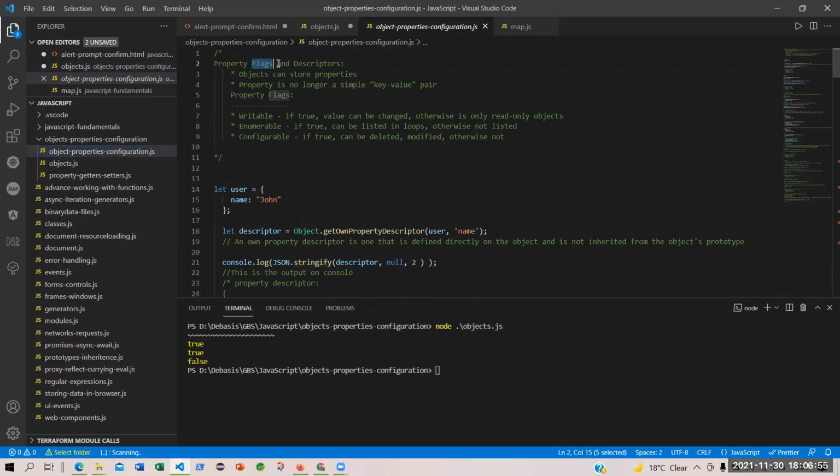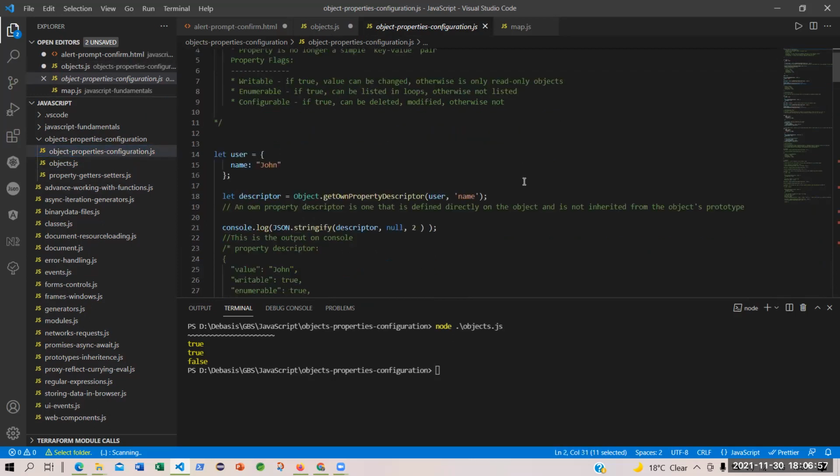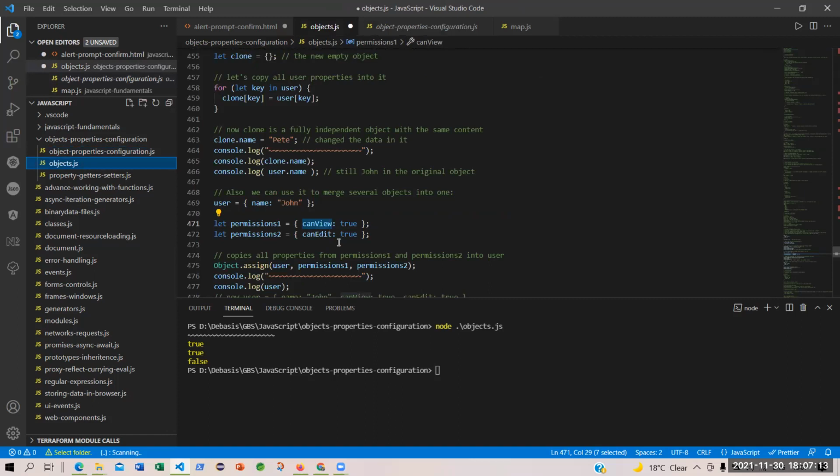These flags and descriptors, all these things are very advanced. These are the various functions of object. Now, these are the advanced topics. Okay, got it?